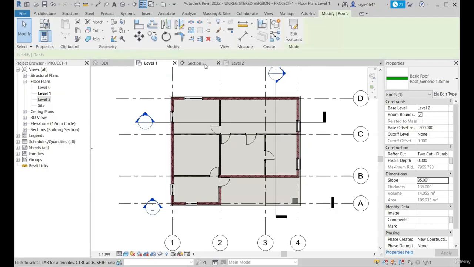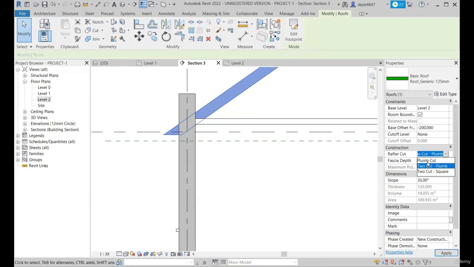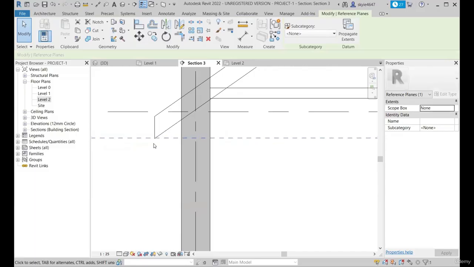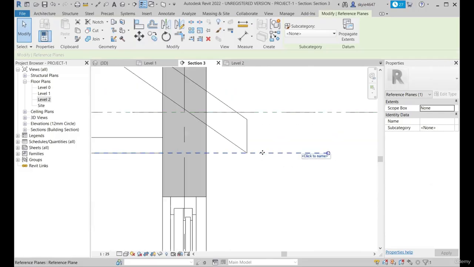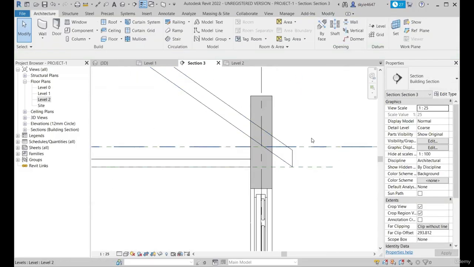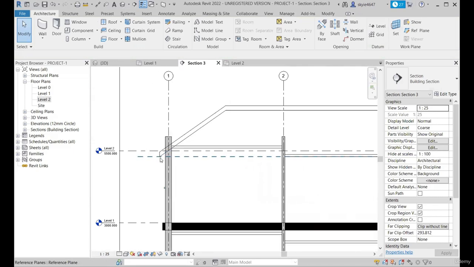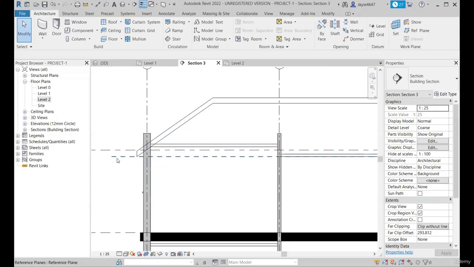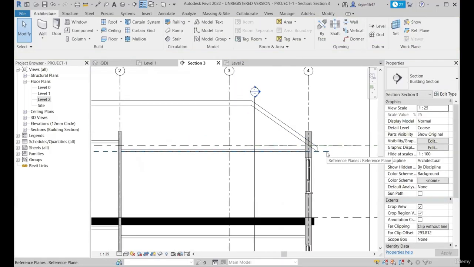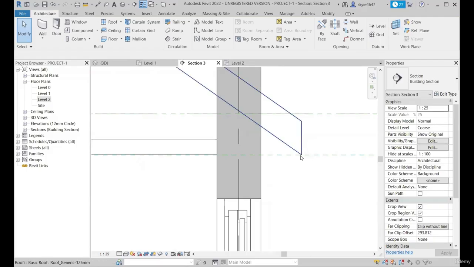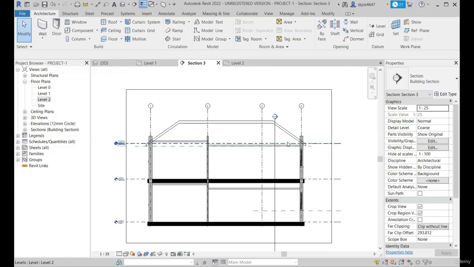Okay, so going back to section 3, I just keep it back to plumb cut. Now we can see both ends of my roof are lying at the same level, as you can see here, this one and this one, for example. But when a user needs a differential in height, like this end to be up or down with respect to this end, we can do that as well. For example, these both ends are at the same level, like you can see here where I have drawn a reference plane to demonstrate it. So both the tips are at the same level, but what if I need this side of the roof to be up or below this face, or there is an elevation difference with respect to this face? You can do that using